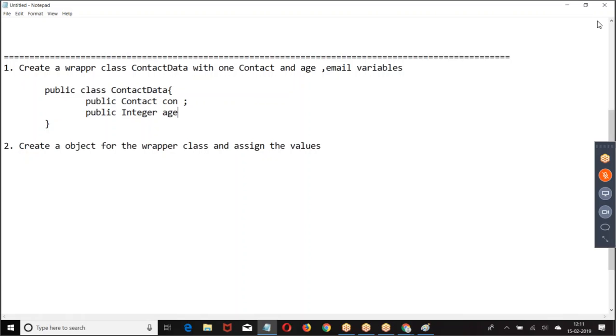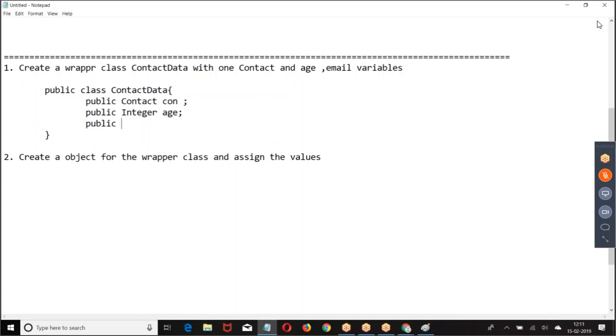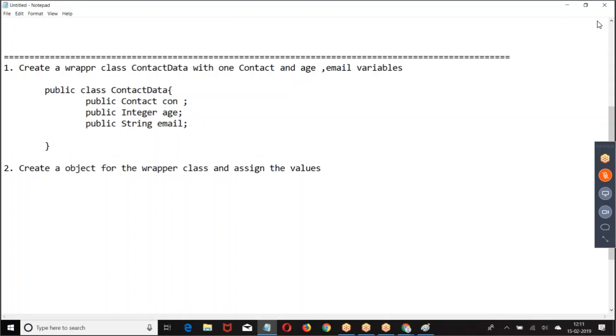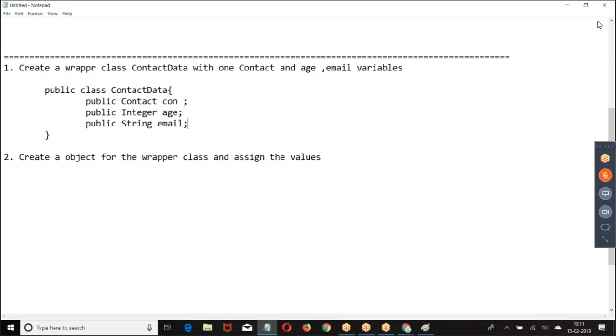Public teacher age, public string email. This is how I created. Now create an object for it.